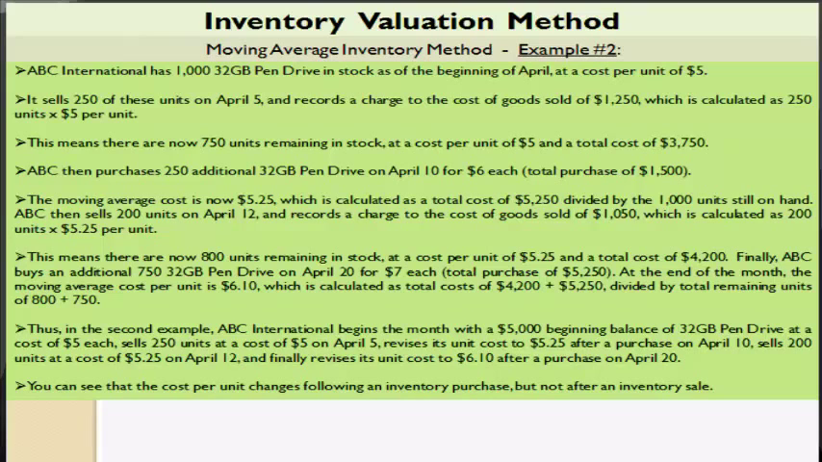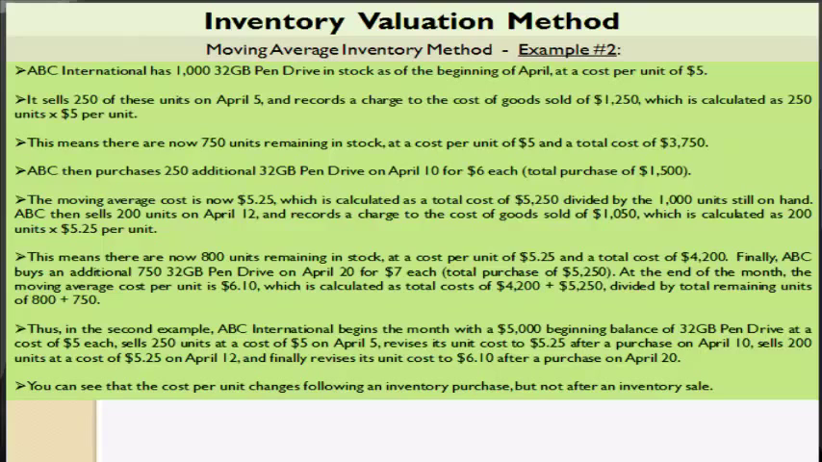Continuing our example 2, let us again assume that ABC International has 1,000 32 GB pen drives in stock as of the beginning of April at the cost of $5. It sells 250 of these units on April 5th and records a change to the cost of goods sold of $1,250, which is calculated as 250 units into $5 per unit. This means that there are now 750 remaining in stock at the same cost of $5, which has a total cost of